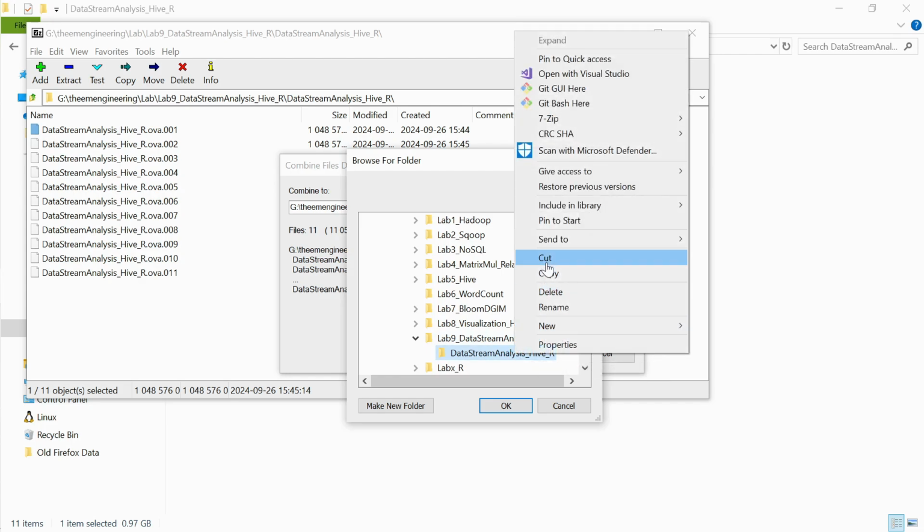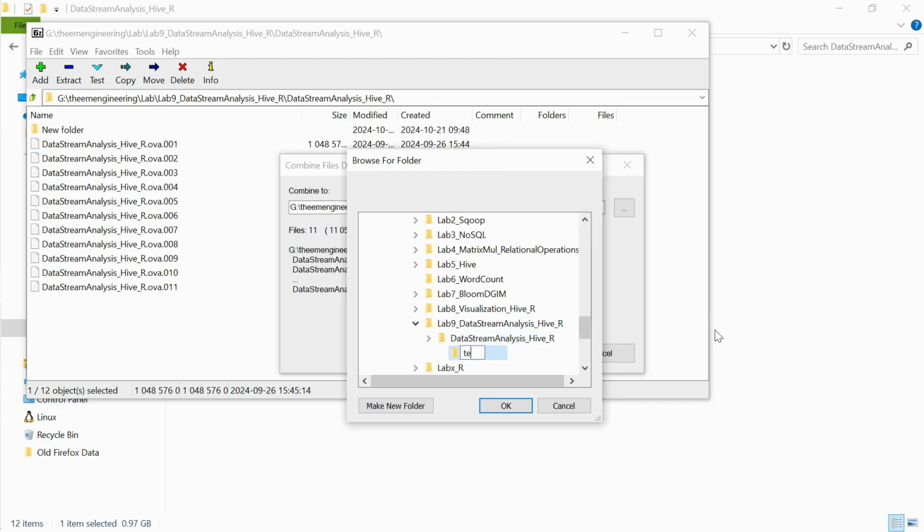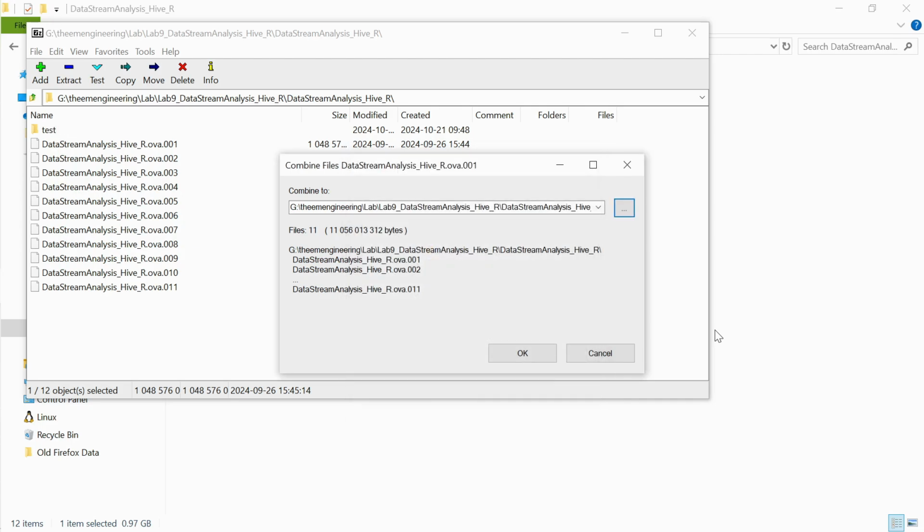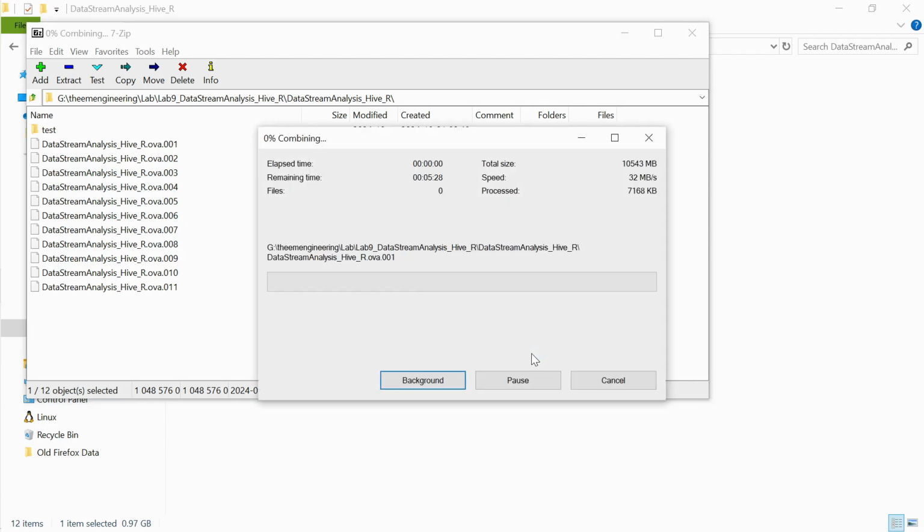Let me create a new folder, like a test folder. So new folder test, right? And it will save to the test folder, and it will stitch all these files into one single file. So we see all the files are getting stitched,